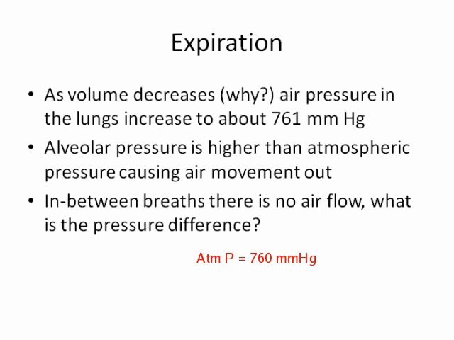So we're only increasing it to 761, but that is just enough to get that alveolar pressure higher than the atmospheric pressure. Air is going to move from an area of higher pressure to an area of lower pressure, so that air moves from the alveoli up into the bronchioles, into the bronchi, up the trachea, into the larynx, into the pharynx, out into the nose or into the mouth, and it's expelled